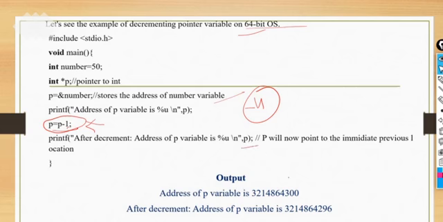So what will it do? This is the address, let's assume. It will decrement it by 4. It will become 296 here, right? You are decrementing it by 1, and by default it will decrement by 4 byte, because the size of the pointer in a 64-bit architecture OS is 4 byte, right? So next we have